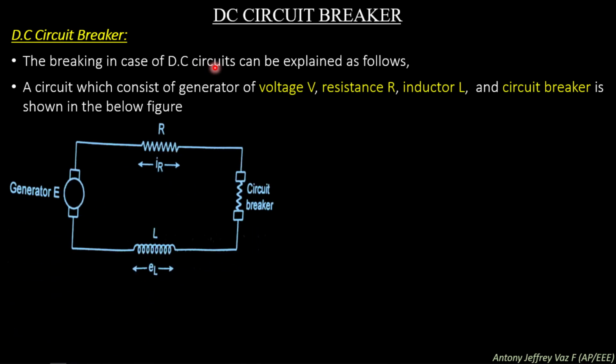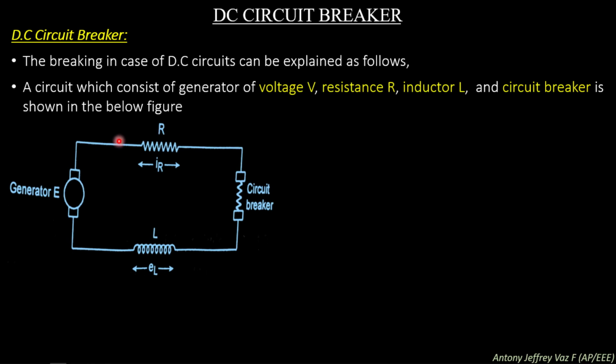Today we will be seeing about DC circuit breaker. The breaking in case of DC circuit breaker can be explained as follows. A circuit which consists of DC generator of voltage V, resistance R, inductance L and circuit breaker is shown in